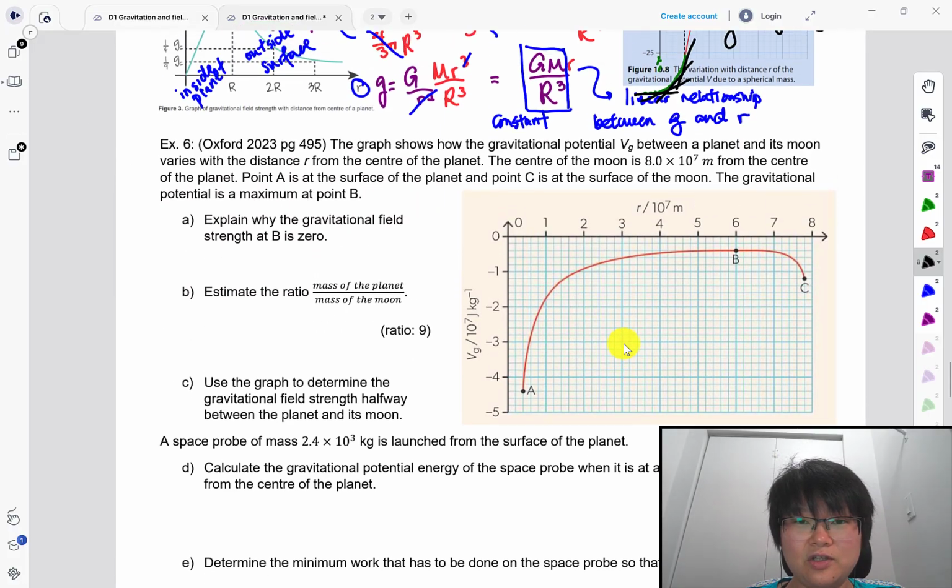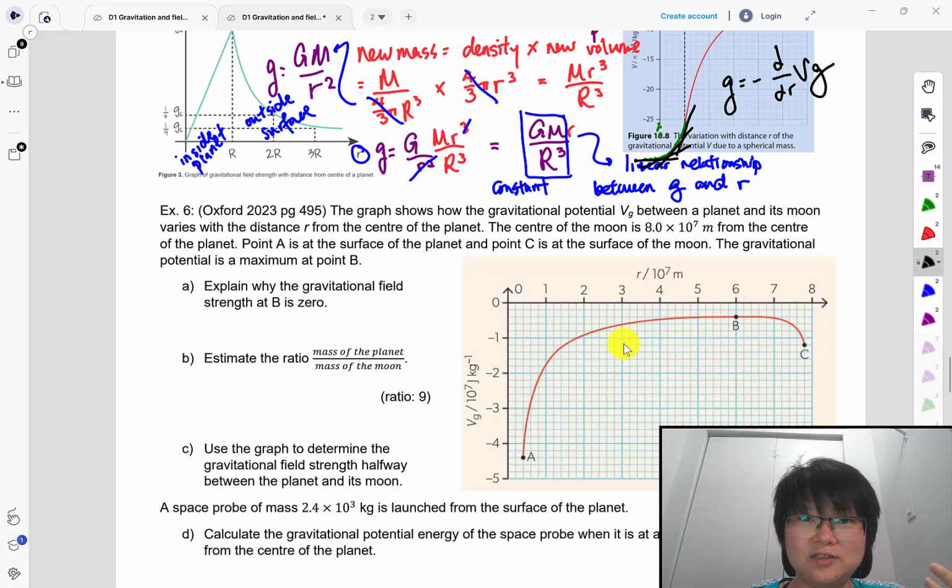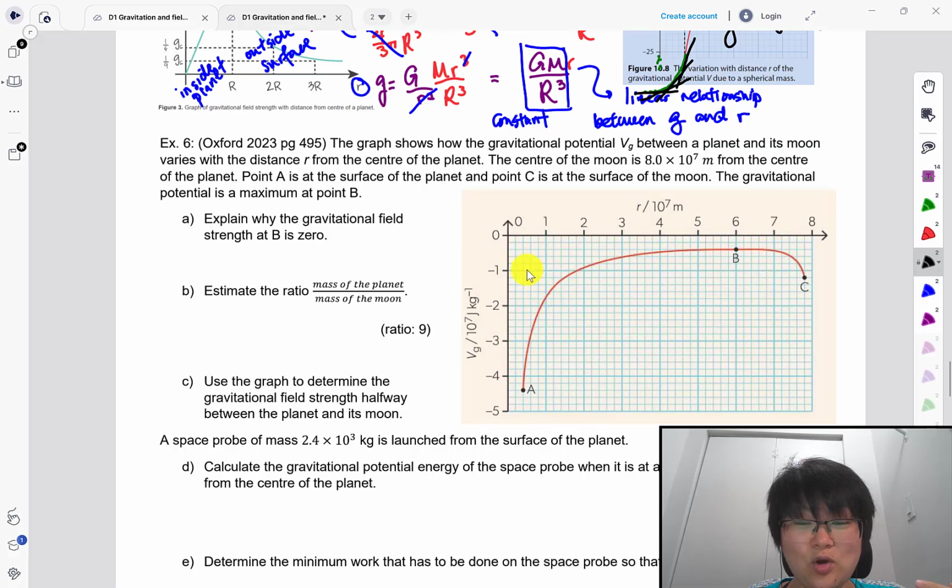This video is a continuation of applying gravitational field and gravitational potential concepts with respect to graphs. And I do have a lovely graph here of the gravitational well between a planet and its moon. This type of question, especially with this type of graph, is a well-loved type of question on IB exams, and I see it quite often in textbooks everywhere. Not a guarantee you're going to get one on your exam, but it's very necessary that we go over